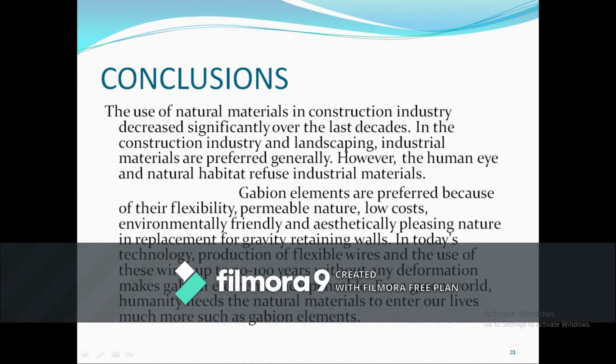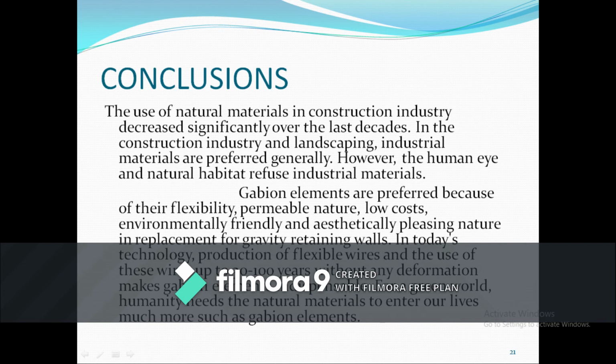So, the conclusion on Gabion elements: the use of natural materials in the construction industry has decreased significantly over the last decades. When you check, 4 to 5 decades back, we turned our construction totally into a dead construction. That is, we are using iron, we are using concrete, or other elements which are not eco-friendly, which are not naturally made, which cannot be decomposed easily, and which do not give positive energy.